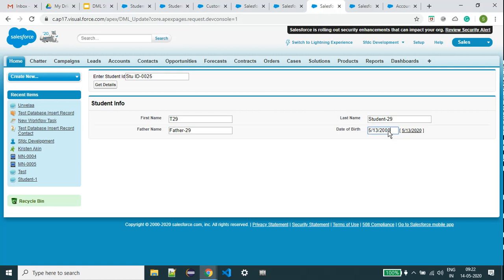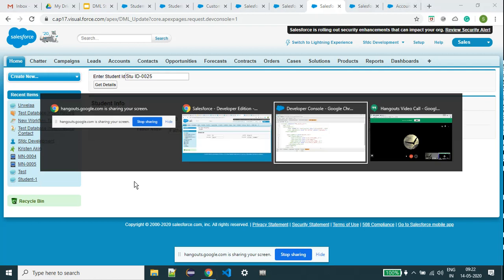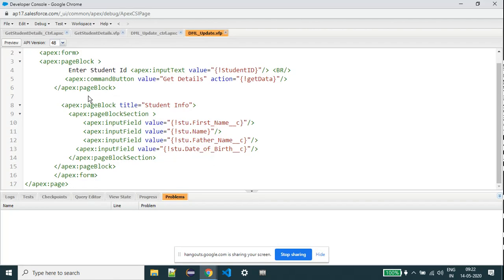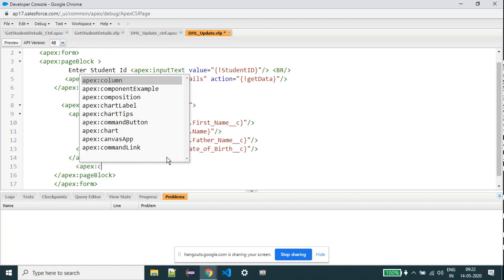Now I am going to click the update button. When the record was created, I may not have entered the father name or date of birth, right? So now again I am going to update the data like this. So here I'm going to take one more button, Apex command button.